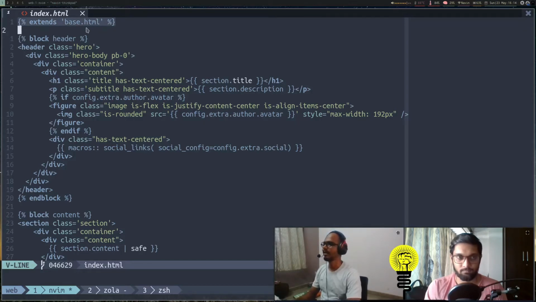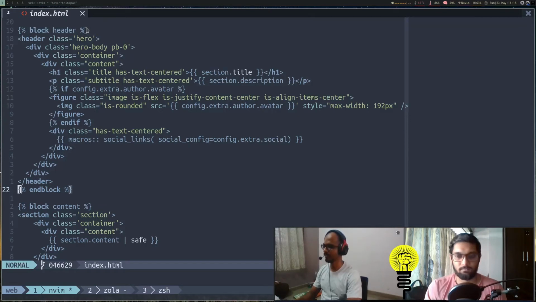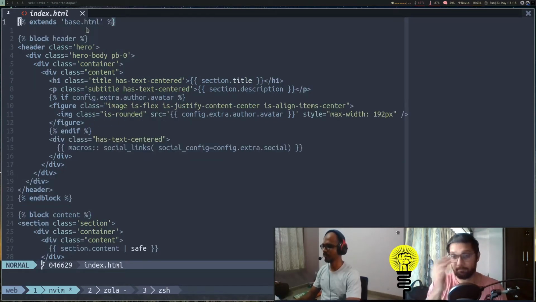That is Tera templates, and Tera allows you to extend other templates. So basically, index.html is extending from base.html, and then you are overwriting some blocks. These blocks are present in base.html, and you are overwriting them and adding some content of your own. We'll understand more when we overwrite our block, which is navbar for us.